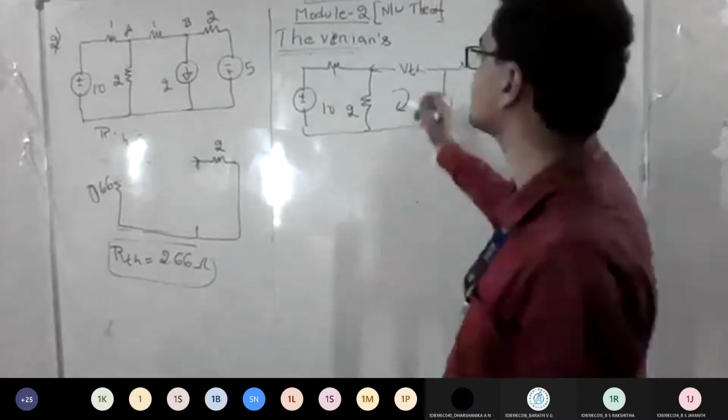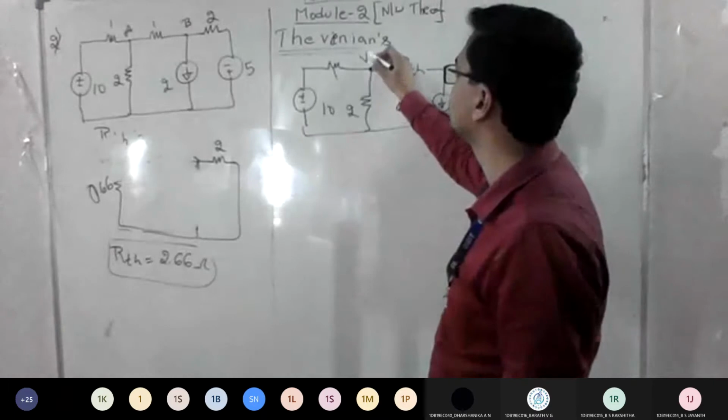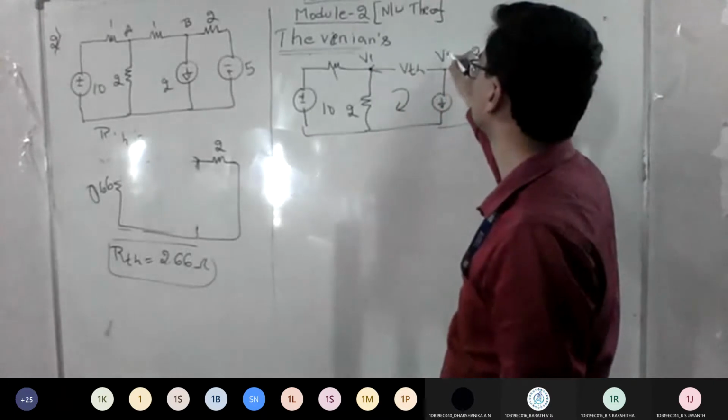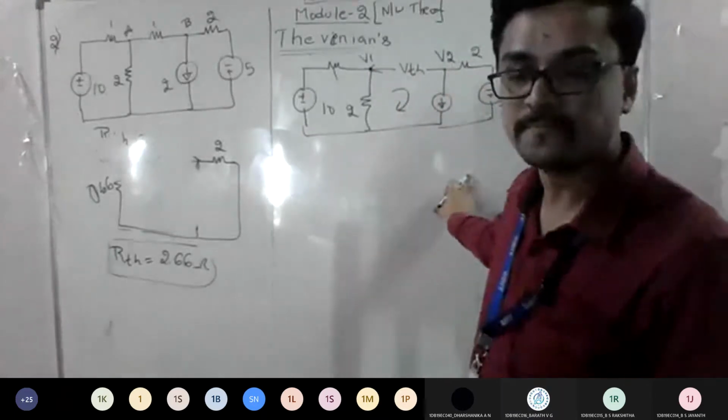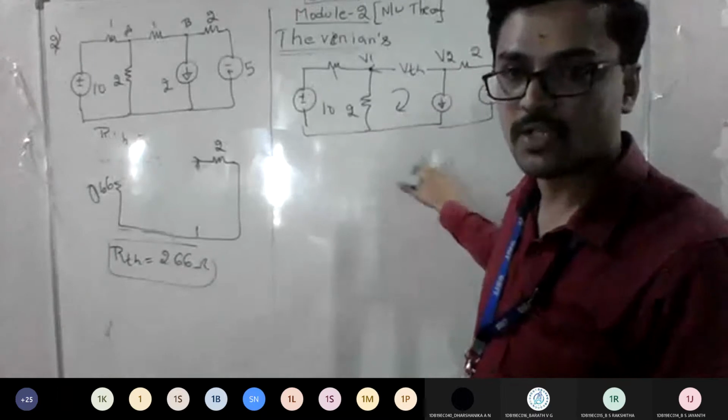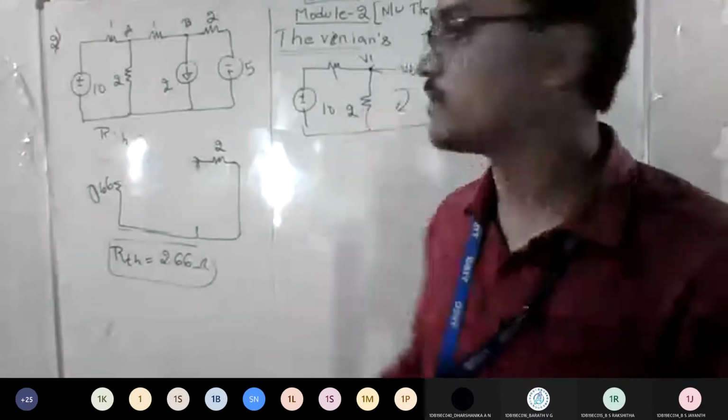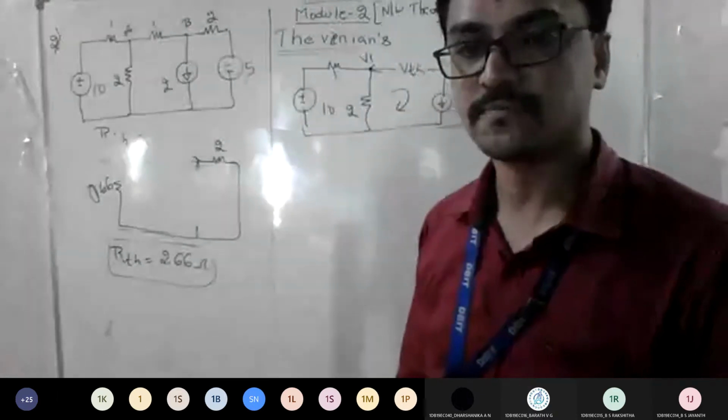Okay. So if you go with KCL, how many nodes? Is it 1 and 2? Yes, sir. So we'll check whether it is V1 minus V2 or V2 minus V1. How will you check?